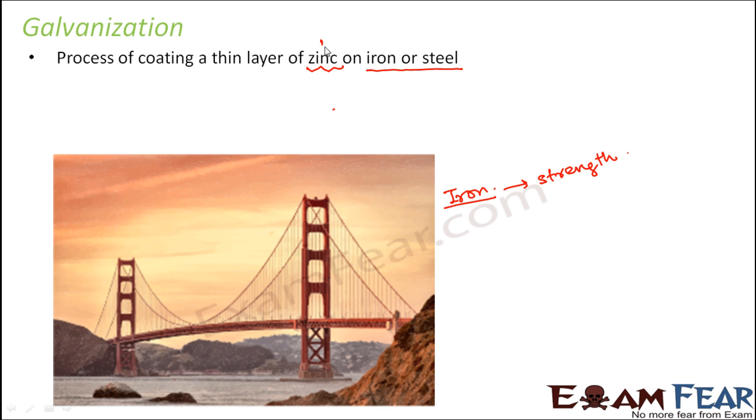And one such metal is zinc. So on the top of this iron bridge, we give a thin layer of zinc. Now zinc will not react with water or air. So therefore the iron inside is well protected by the zinc. So no rusting will take place. At the same time, the bridge will be strong because it is made up of a strong metal like iron. So that is galvanization. So this is how we see that electroplating turns out to be extremely useful in a lot of